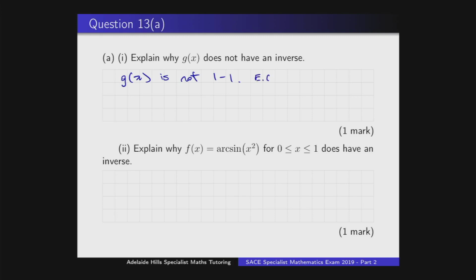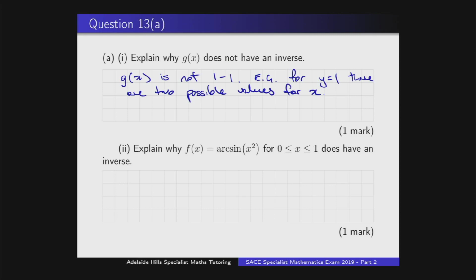So for example, for y equals 1, there are 2 possible values for x. Okay, and if you have that sort of situation, then the function can't be defined to have an inverse, because you don't know which one of those 2 values you want the inverse function to adopt. And part 2 of this says explain why f of x, which is a different function,